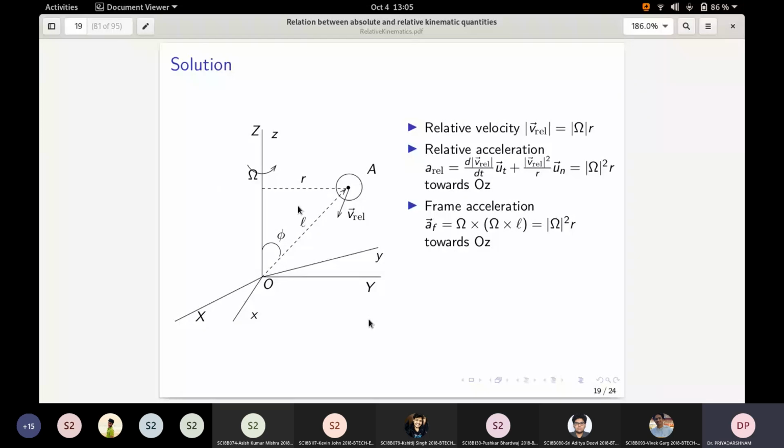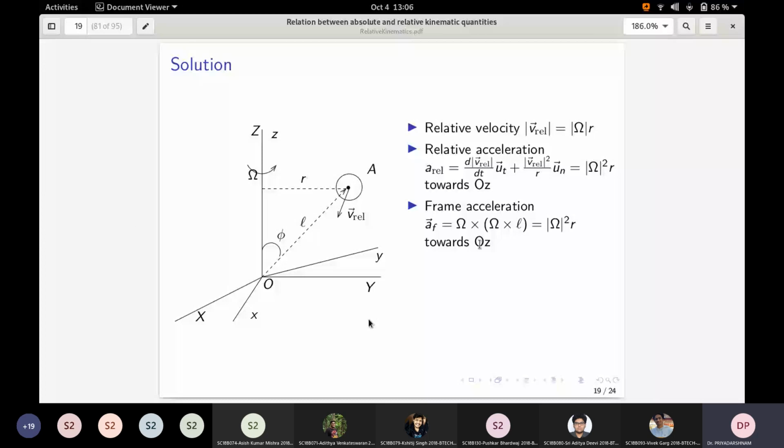Omega cross, towards the left hand side, which means towards the OZ. Because the particle is here, it has to move inside towards the OZ axis. Verify that omega cross OL is inside the frame, and omega cross that inside the frame. When I say frame, it is inside this laptop screen. So omega cross inside the laptop screen will be towards the z-axis. So this quantity is also right.